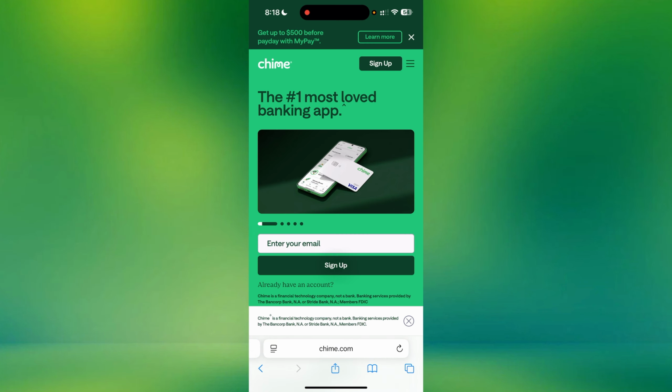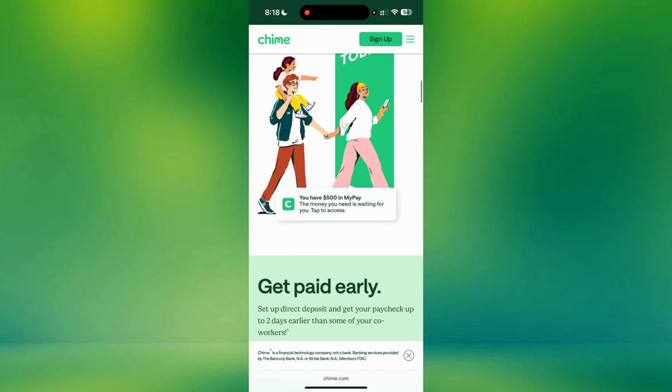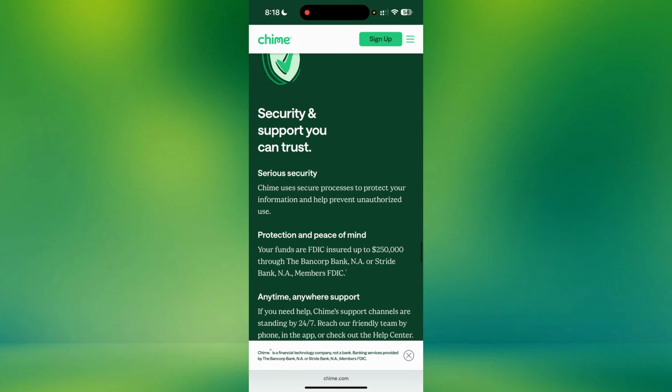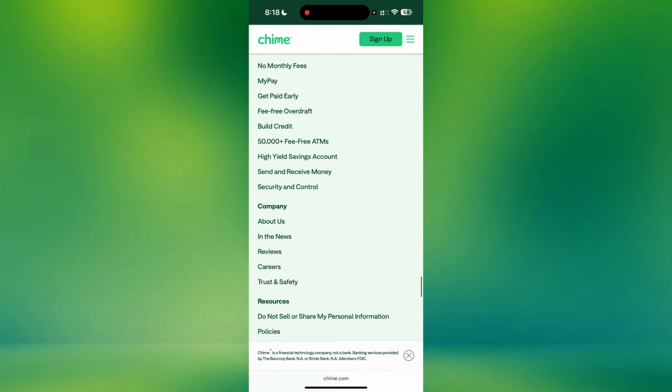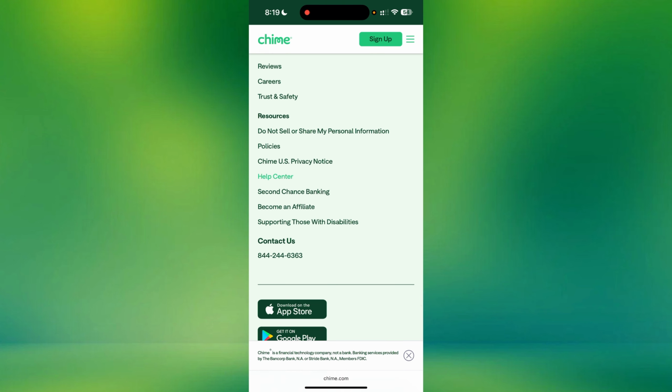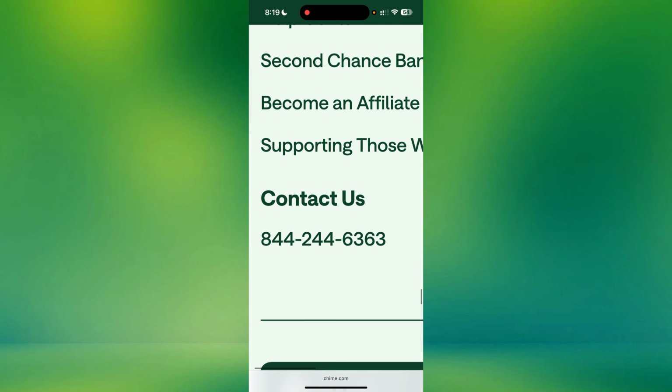And as you can see, we are on the Chime site and we just have to scroll down until we see the contact support of the Chime application. So as you can see, we are under the footer. So you could ask them on the help center as well as under the contact, as you will find their